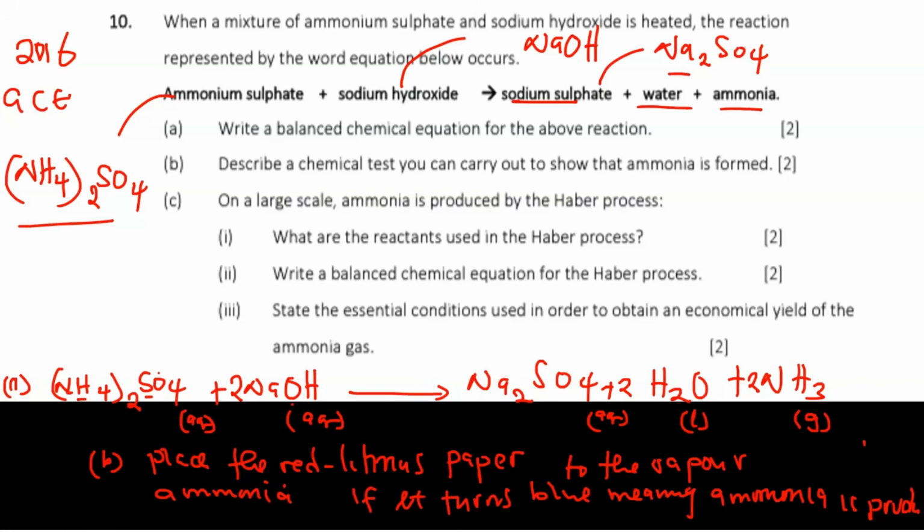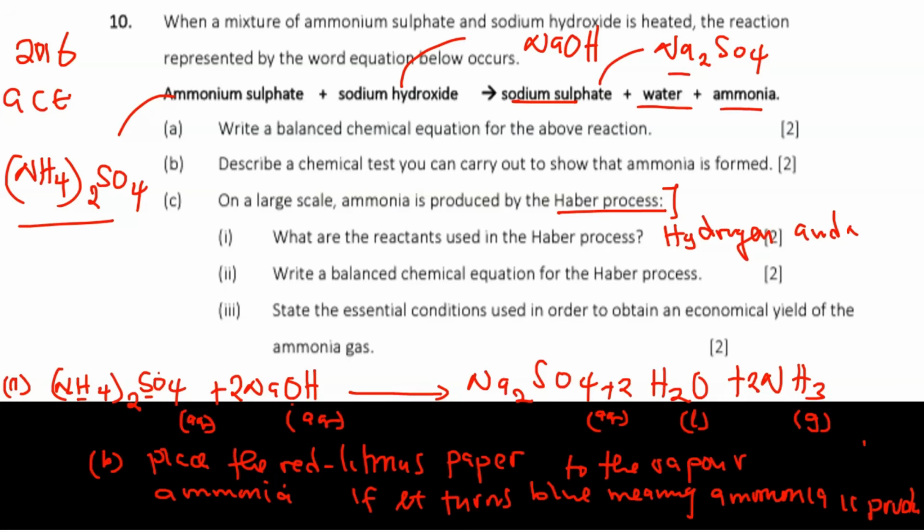Okay, so which question are we answering? This time around we are answering question C. I guess the space will be enough. On a large scale, ammonia is produced by the Haber process. The Haber process is the process by which ammonia is produced at industrial level. What are the reactants in the Haber process? The reactants in the Haber process are hydrogen